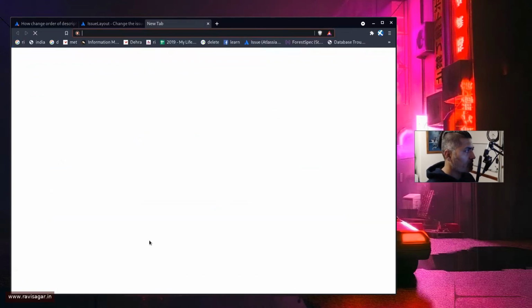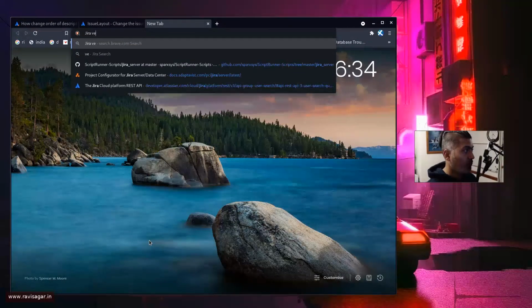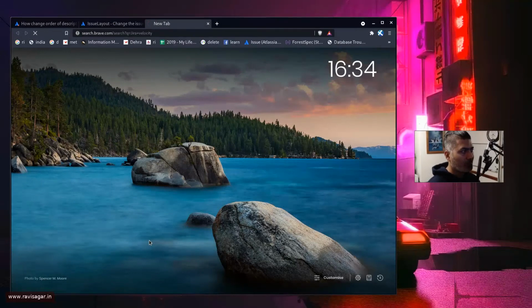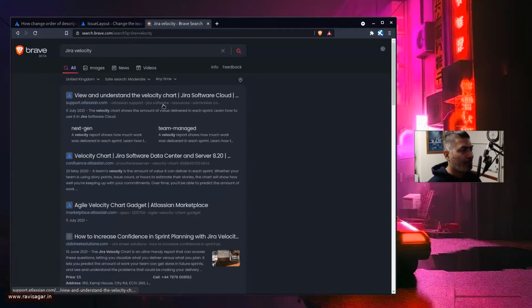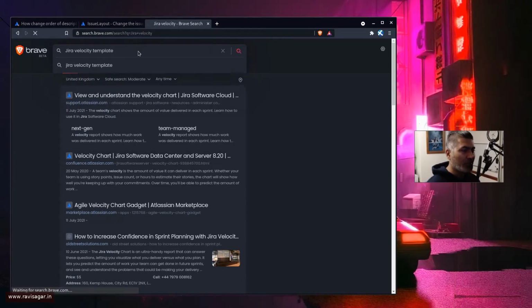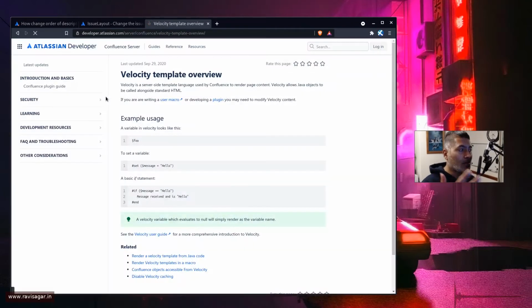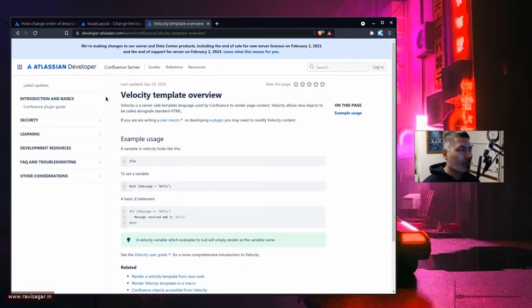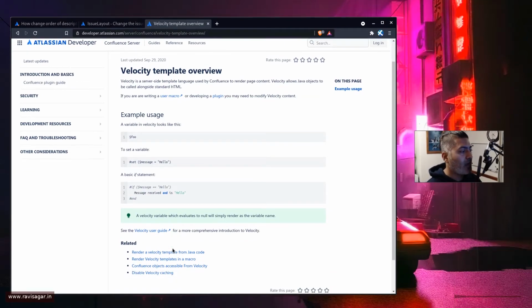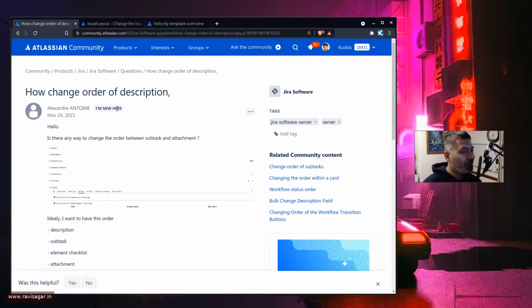But if you search on Google or DuckDuckGo or Brave about velocity templates, so basically, when you're looking at an issue, or basically anything that you're looking at, it could be an issue or it could be any UI element, you have these templates that will display something on the UI, and basically it is nothing but a file that you can modify, and this file will have a template that decides how that particular view, for example view screen, will look like.